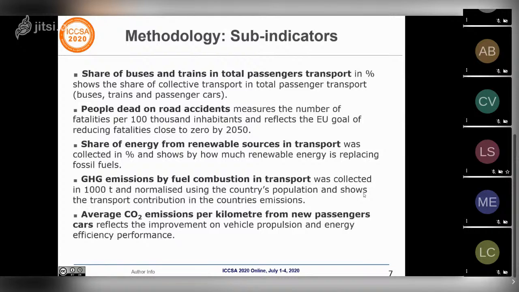The share of energy from renewable sources in transport, that shows by how much renewable energies are replacing fossil fuels. The GHG emissions by fuel combustion in transport, that was collected in 1,000 tons and normalized using the country's population and to take into consideration the scale of the country, and it shows the transport contribution in the country's emissions. And the average CO2 emissions per kilometer from new passenger cars, that reflects the improvement on vehicle propulsion and energy